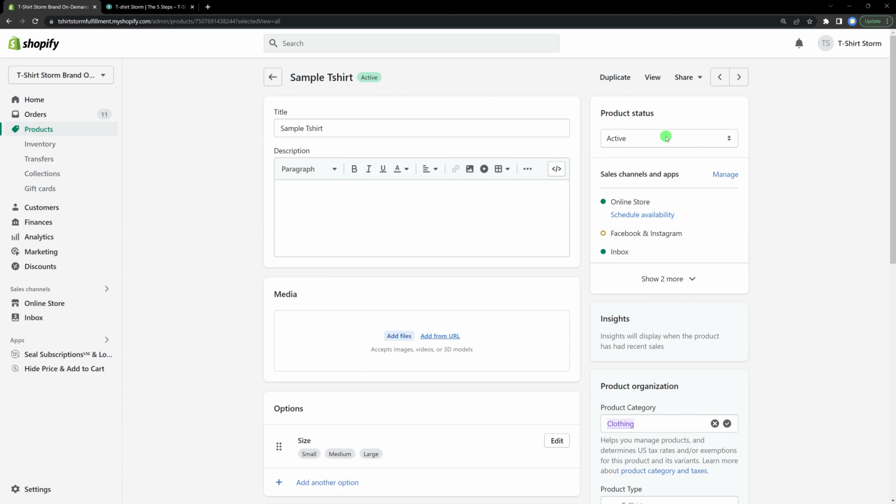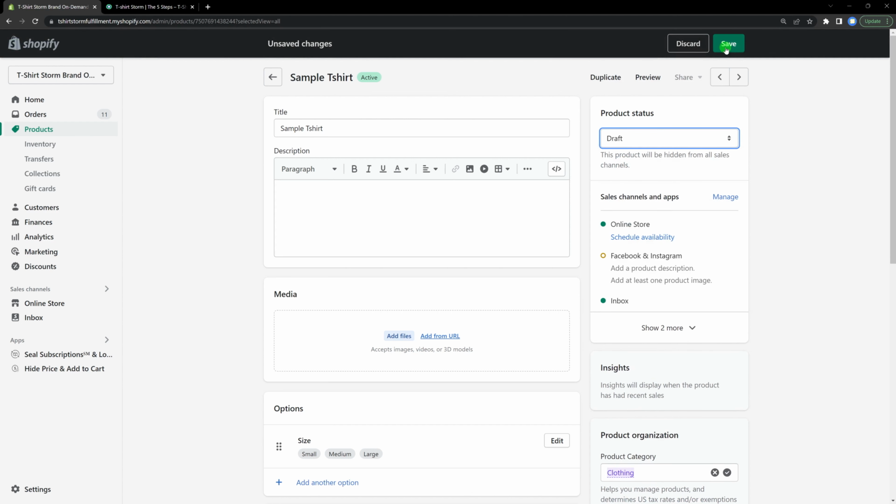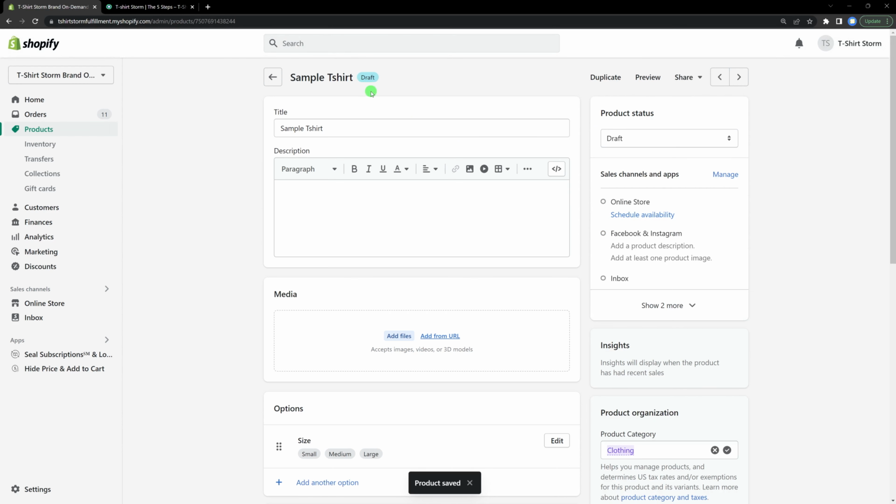So I'm going to change this to draft. I'm going to hit save. So this will change from active to draft right now. So this means it's not available online. So again, you do not want to touch this product. What you want to do is save it so that in the future, when you're adding new products, you can